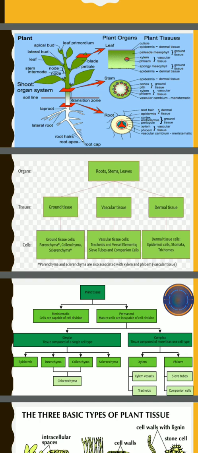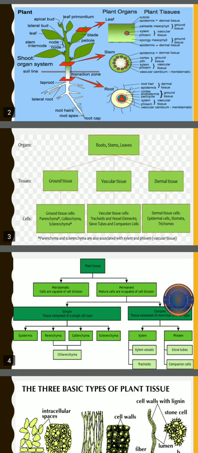of these organs are made up of different types of tissue, that is the ground tissue, vascular tissue and the dermal tissue. Ground tissue includes the parenchyma, collenchyma and sclerenchyma. Vascular tissue includes the xylem and phloem, and they are basically involved with the absorption of the food material and the water. Now the dermal tissue is involved with the